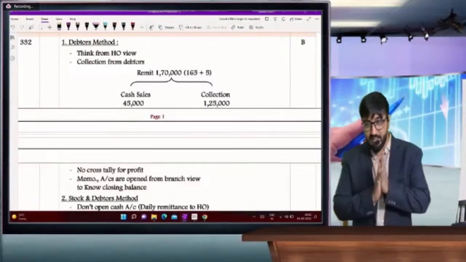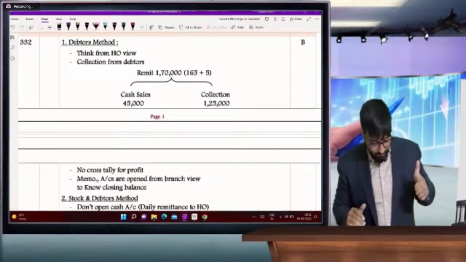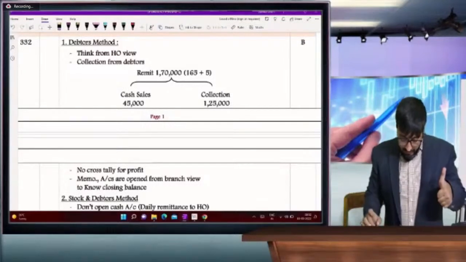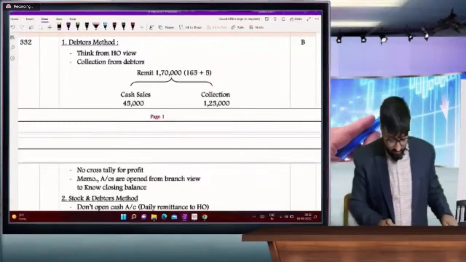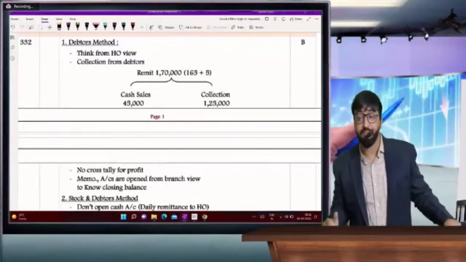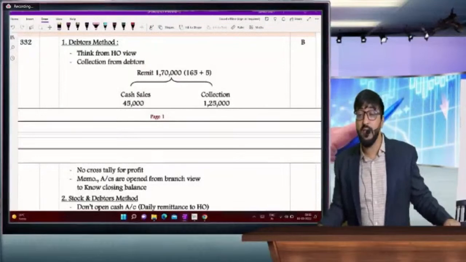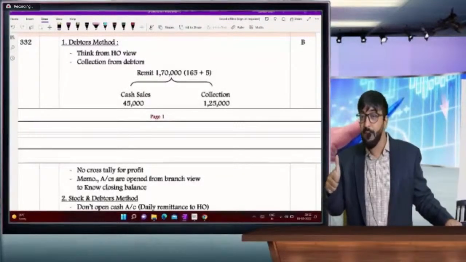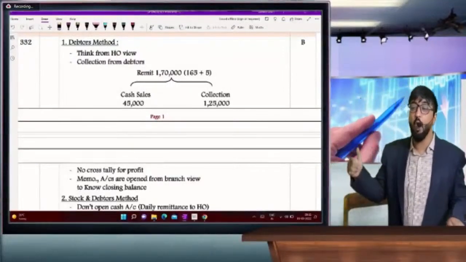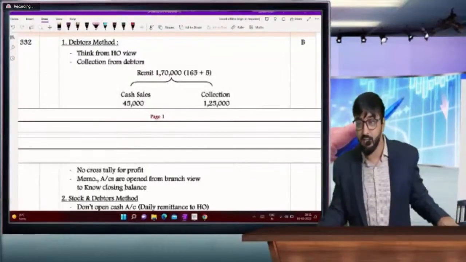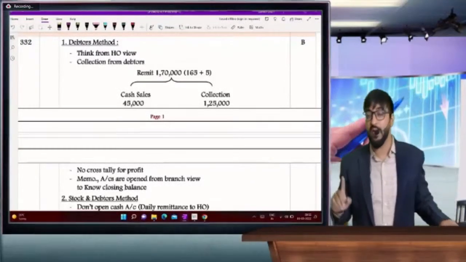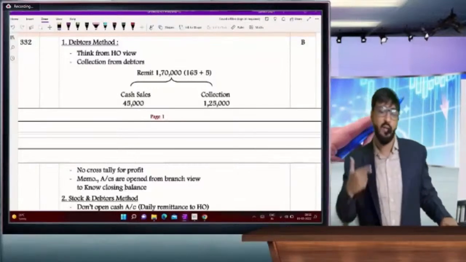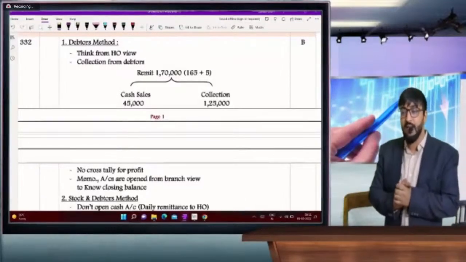So let's understand. Number one, in this chapter, what we are going to see is the dependent branch. Dependent branch we have divided in two parts, at cost and at invoice price. Today we learn the debtors method, and the second one is the stock and debtors method that we are going to see in the next session. And I have given you the challenge to understand the concept of stock and debtors method, read it and try to solve it. Otherwise, I'm going to give you the basic understanding of stock and debtors method in the next